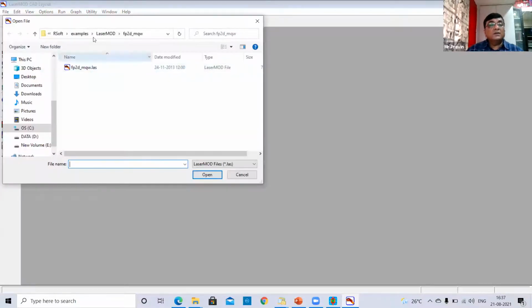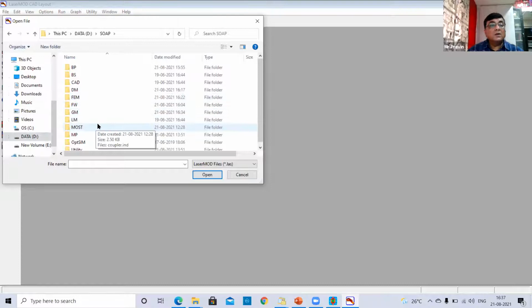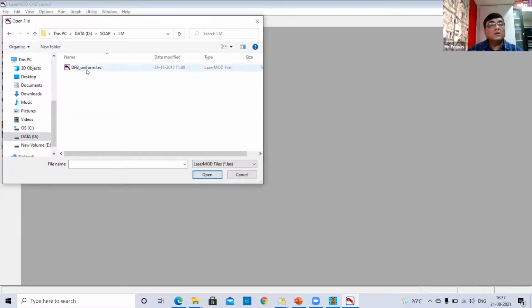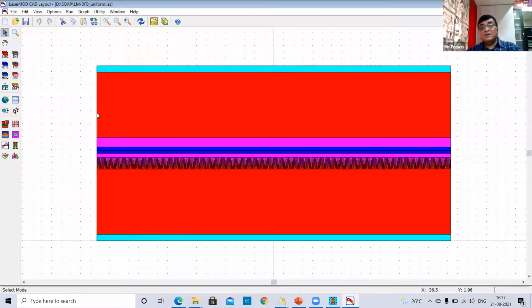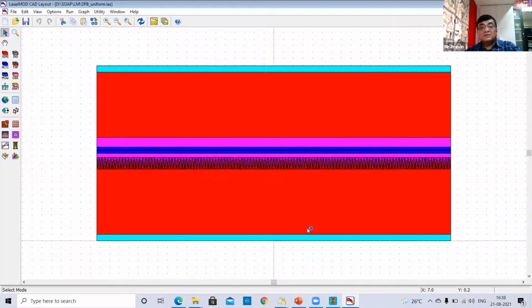I'll just open one simple example of a DFB. You want to simulate, and you can see what all physical modes you want to have in the output, and select.